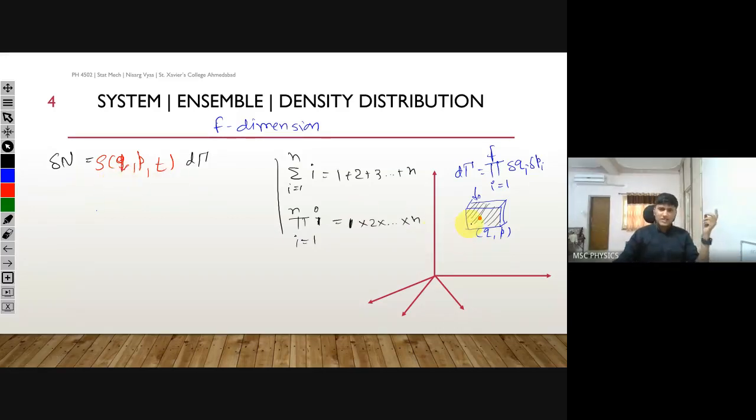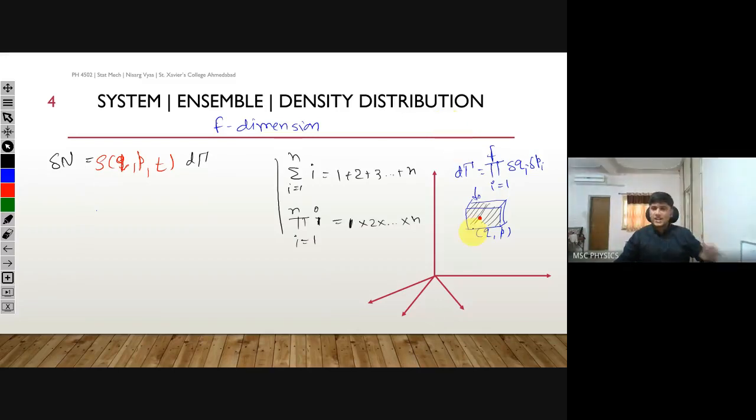I again want to emphasize that you cannot visualize these things. So don't try to visualize these surfaces. I am just drawing it so that you can at least have some clue. But always know that these drawings are not accurate, because you cannot visualize this f dimensional space for more than 3 dimensions. But I hope you are getting the idea of how many points are enclosed inside this. This is the number of points per unit volume. This rho(q, p, t) decides that, and that's what we call the density distribution function.